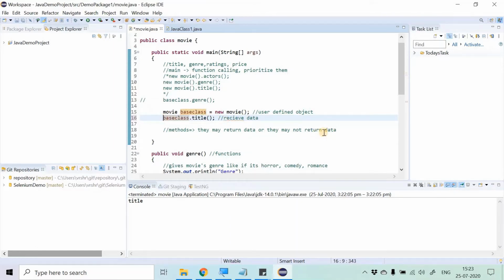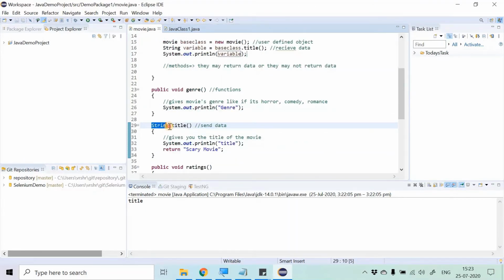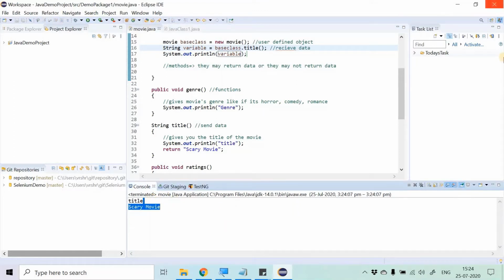We need to declare a string variable to store the movie title, and over here we need to print this variable right now. The return type of this method is string, so we need to also receive the data that we are getting from the function as a string only. So let us try executing this code again. And you can see that the movie title we wanted to display in console is displayed.